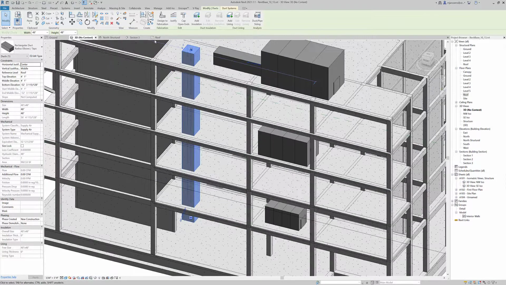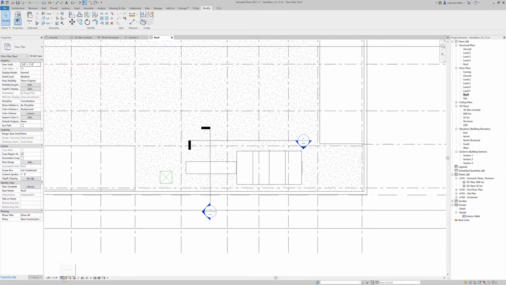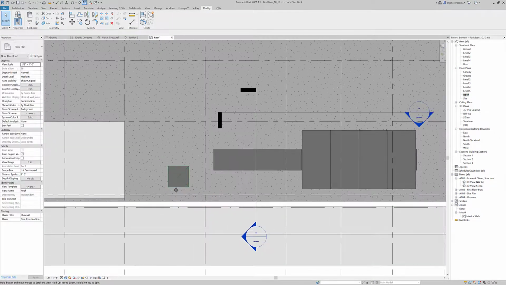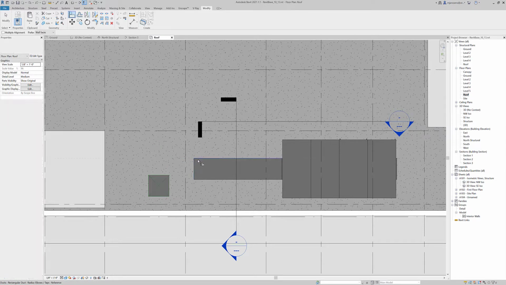But this is probably the easiest way to get this done. Now you just sort of have to wiggle things in place, right? Let's go ahead and change this to a medium view, and I'll change it to shaded so we can kind of see what's going on here. And again, you could just use the align tool and align these